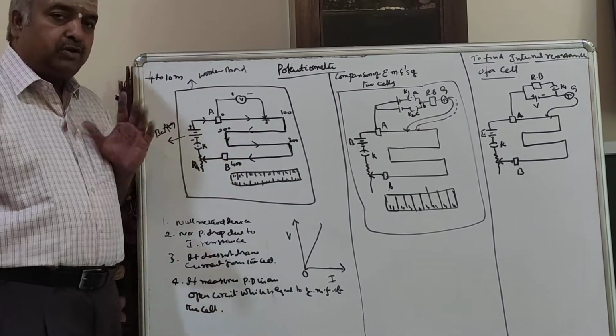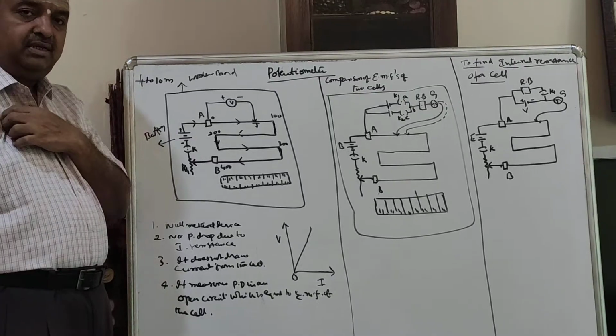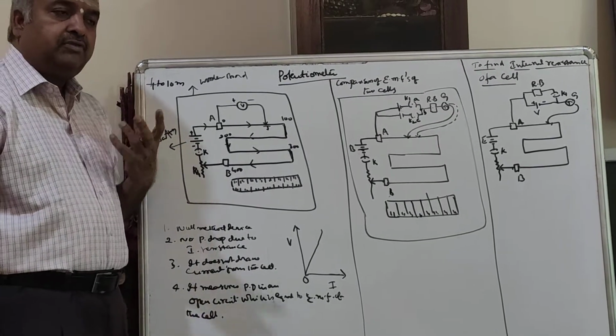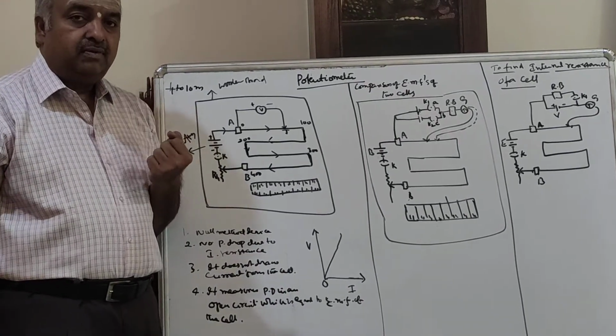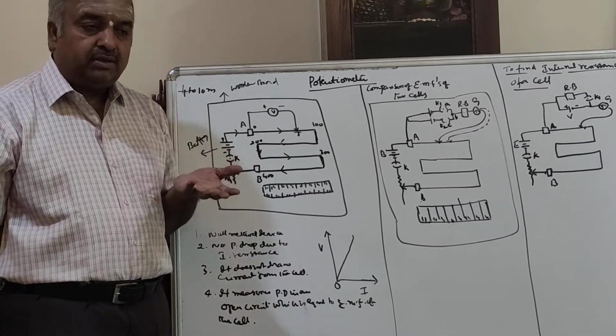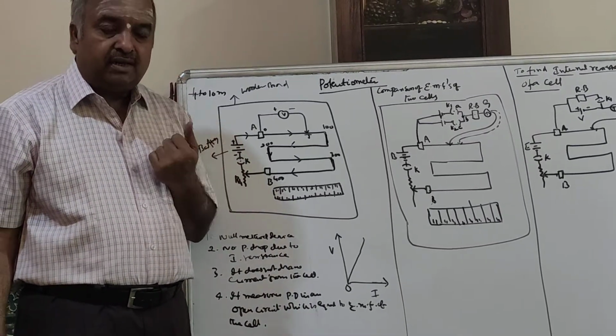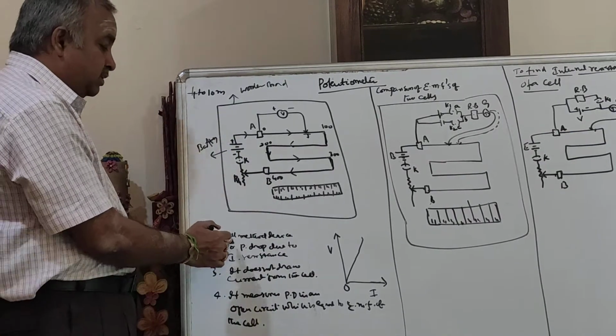Now, actually, what is a potentiometer? Potentiometer is nothing but a null method device. Null method device means what? As you know, we have done the balancing point in the meter bridge. Here also we must find the balancing point, where no current is flowing through it. That means it does not draw any current from the cell. Why? Because the cell has internal resistance. So it is a null method device.